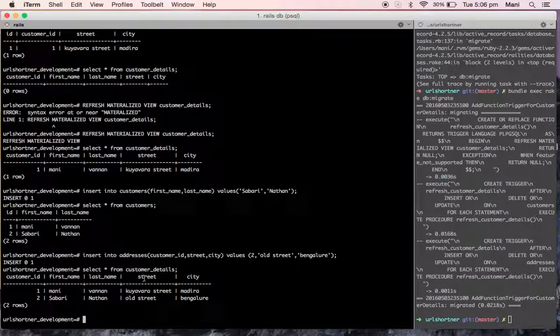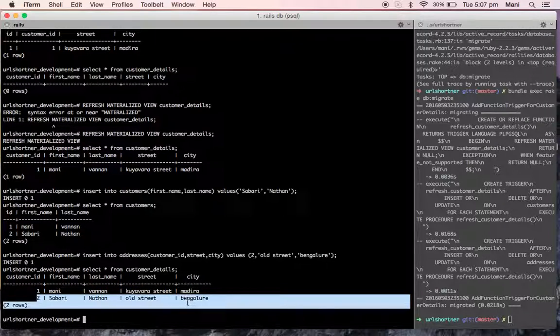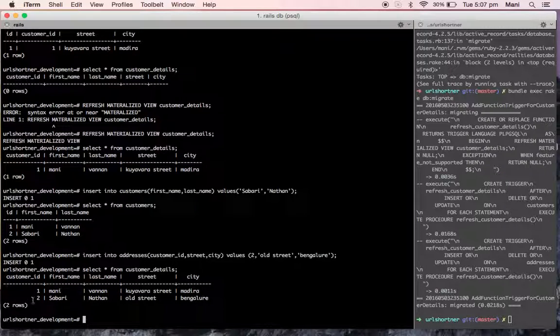So here is my value. Before, after execution of the refresh materialized view, the value was produced here. Here I didn't execute any refresh materialized view.